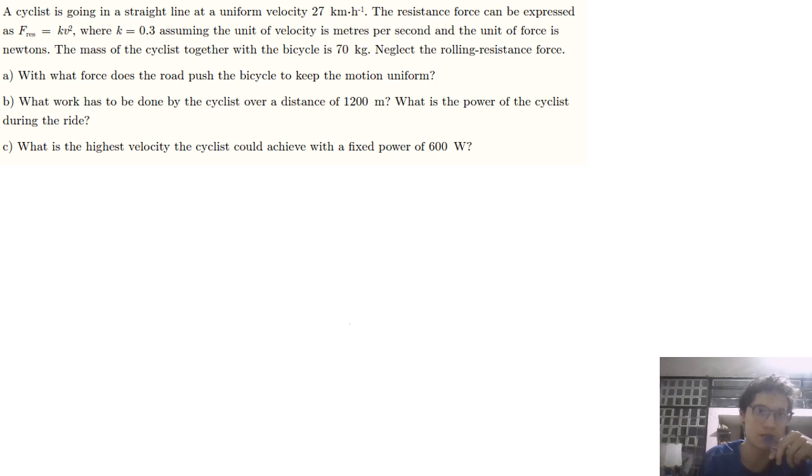We have a cyclist who is going in a straight line at a uniform velocity. That means the acceleration is zero, and the velocity is equal to 27 kilometers per hour. And the resistance force can be expressed with this expression where k is 0.3, assuming that the unit of velocity is meters per second. So we must change these units here,